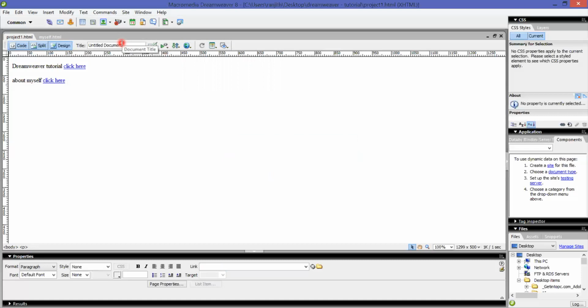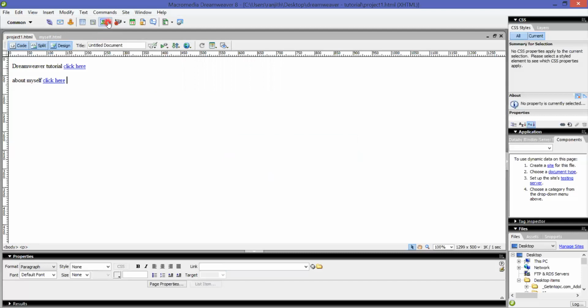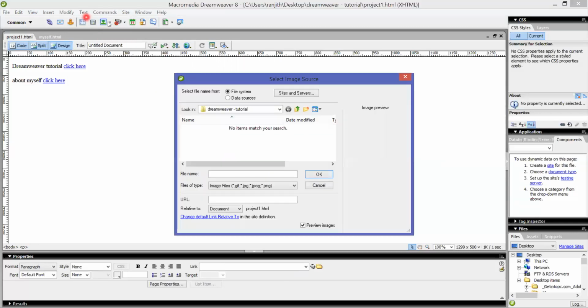For that, if you go to insert over here, you can see image, like this also you can go, or else you can see here image. You can insert images from here also. Whichever way is feasible for us, we can choose it.